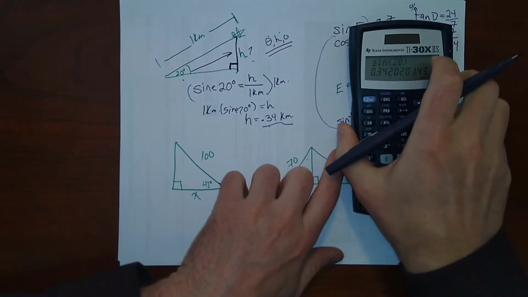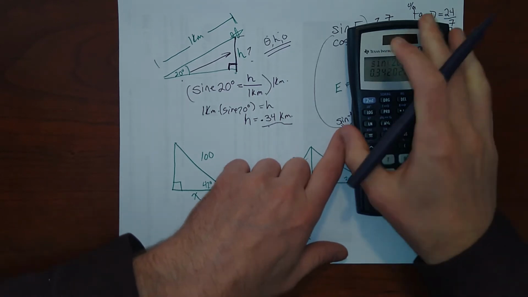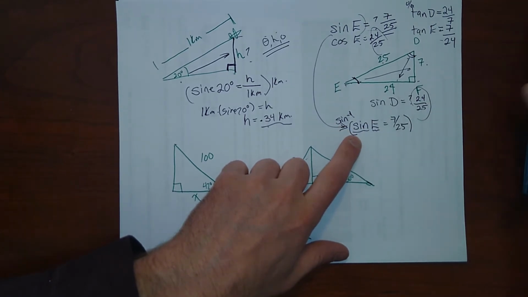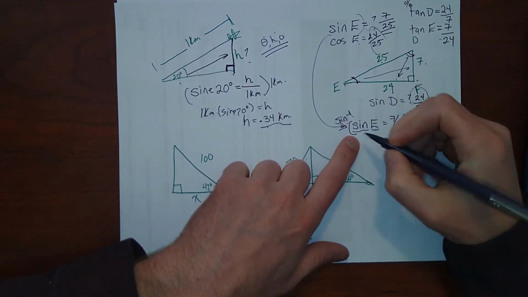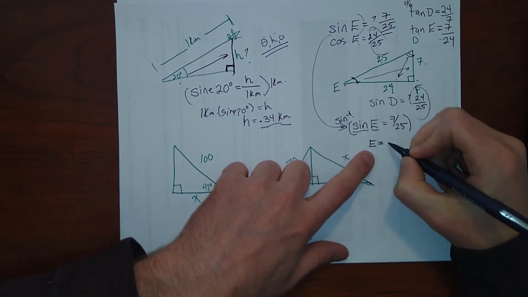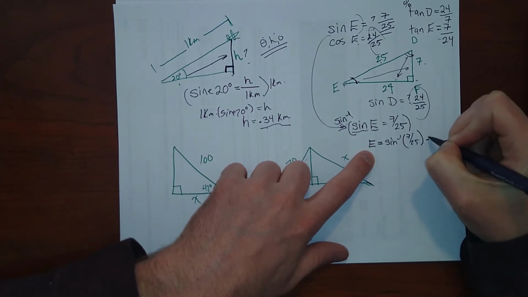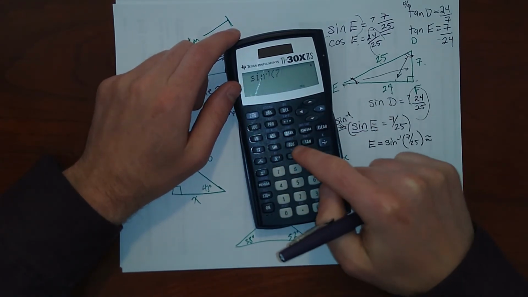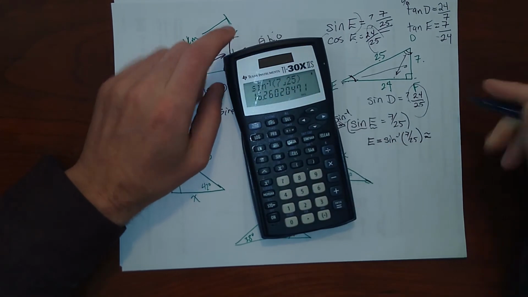Usually this is in different colored letters on the same key as the sine, the cosine, and the tangent. So sine -1, cosine -1, tangent -1, to the negative first power, I should say. But it's not really a power, it's just the way we represent the function. If I take the inverse sine on both sides, then E will be by itself, and that will give me the angle. So E is the inverse sine of 7 over 25, and if I punch that in, I get 16.26,